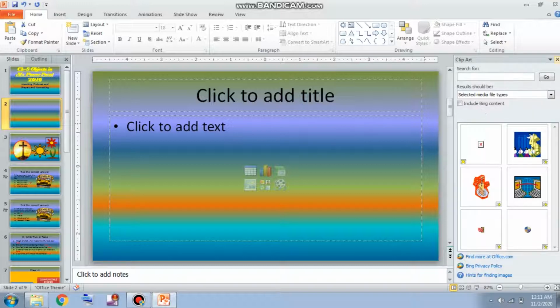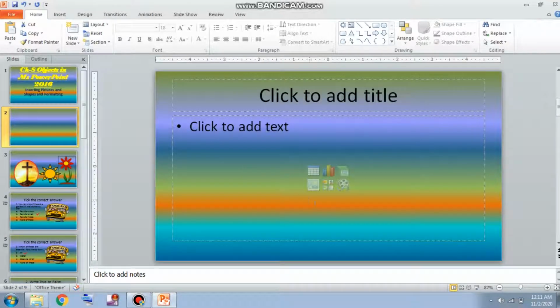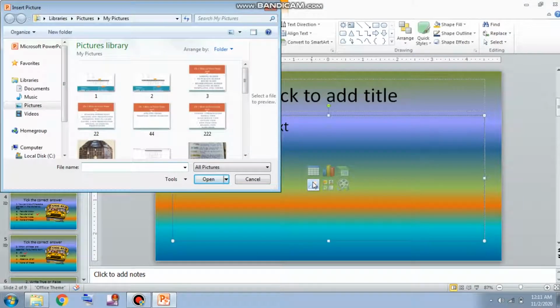From here, we will see options, small icons, that is table, chart, insert smart art graphics, pictures from file, clip art and media clip. Now for inserting a picture, we can directly click on the picture icon and we will get the picture library and we can select the picture.